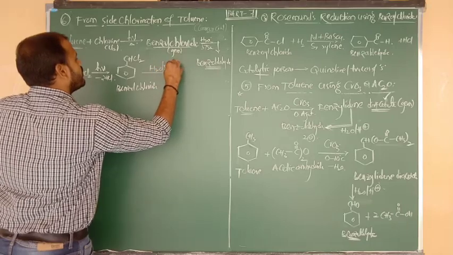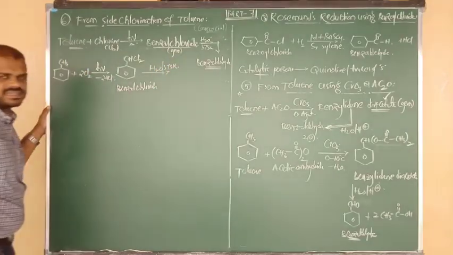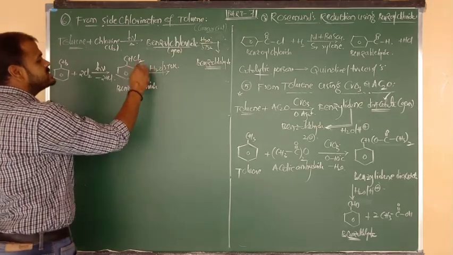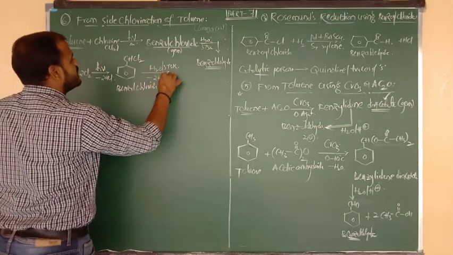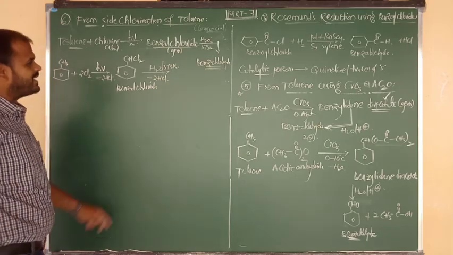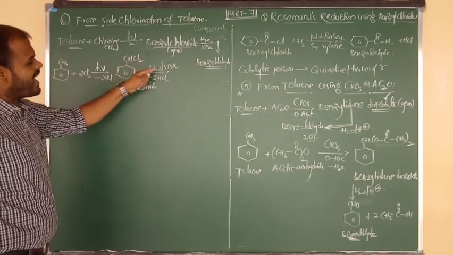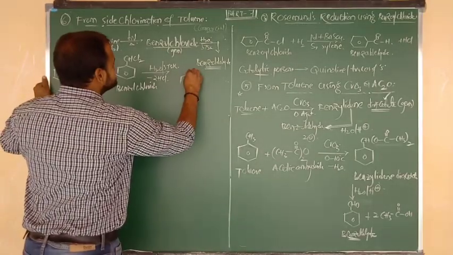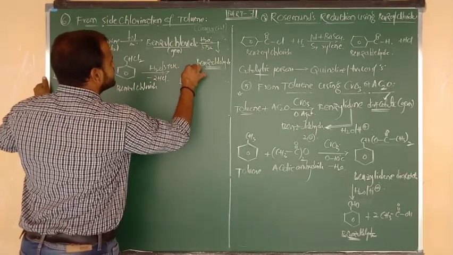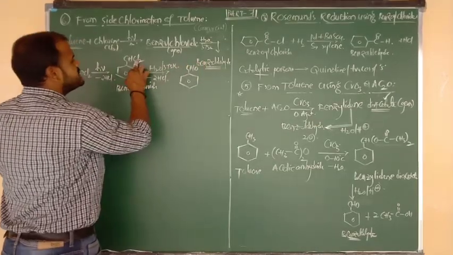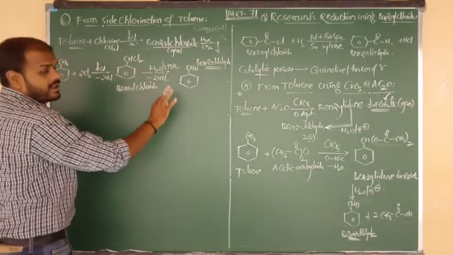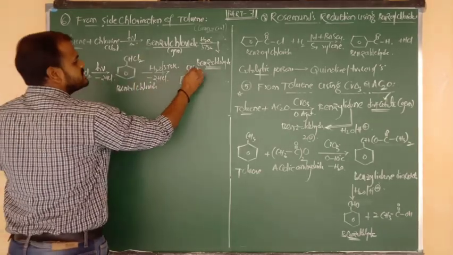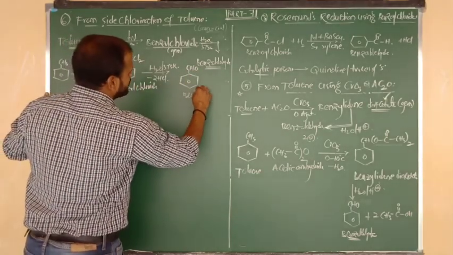Hydrolysis takes place by using a temperature of 100 degrees Celsius or 373 Kelvin. So here 2 hydrogens are there, 2 Cl are there, and they are eliminated in the form of 2 moles of HCl. After breaking of the 2 Cl bonds, again from the water molecule we have to give the oxygen. So CH becomes CHO, so benzene bonded to CHO. This is your final product.